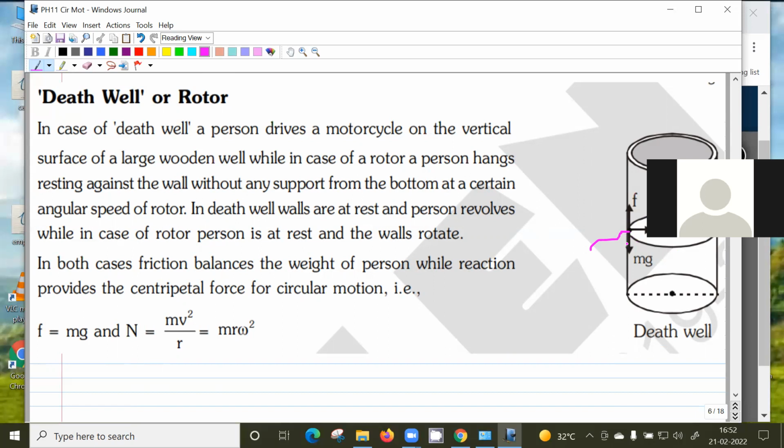So the forces acting on this mass are clear. Now, what is the weight? Normal direction, normal to the surface, that will be the radial direction. And then F is the friction force, because of this weight, it will try to slip down, so friction will act opposite. There is no motion in the radial direction, because this way you cannot pierce the wall and come out, because the drum will stop it, and inside it will not move because